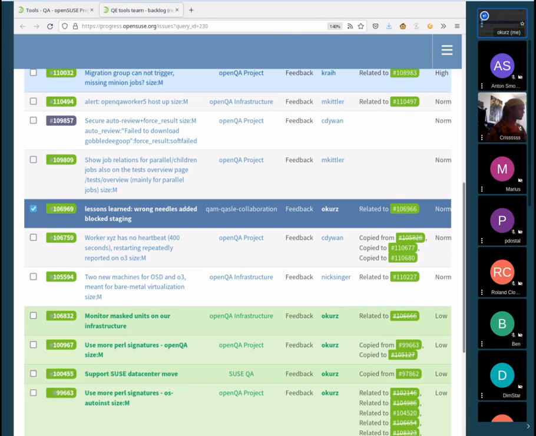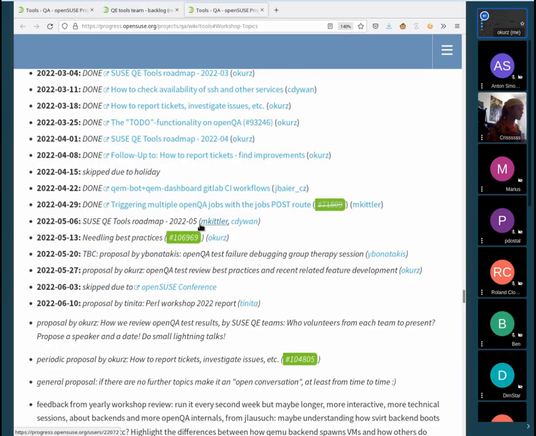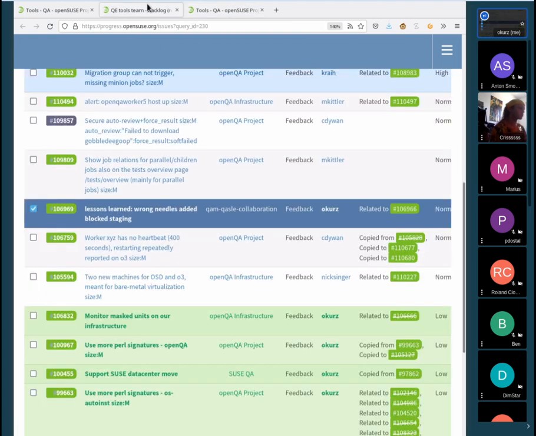Let me check the calendar. Yes, it will actually be the next one. Today we are having the SUSE QA tools roadmap, and next week we want to discuss needling best practices. That's ticket 6969, which is exactly that ticket.